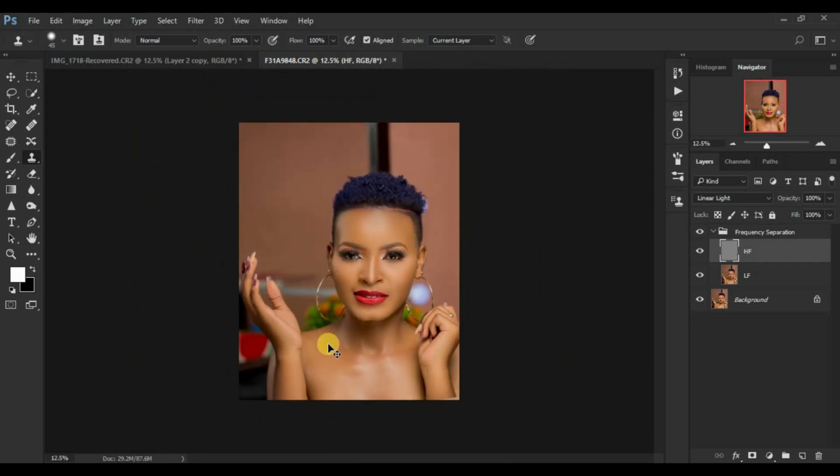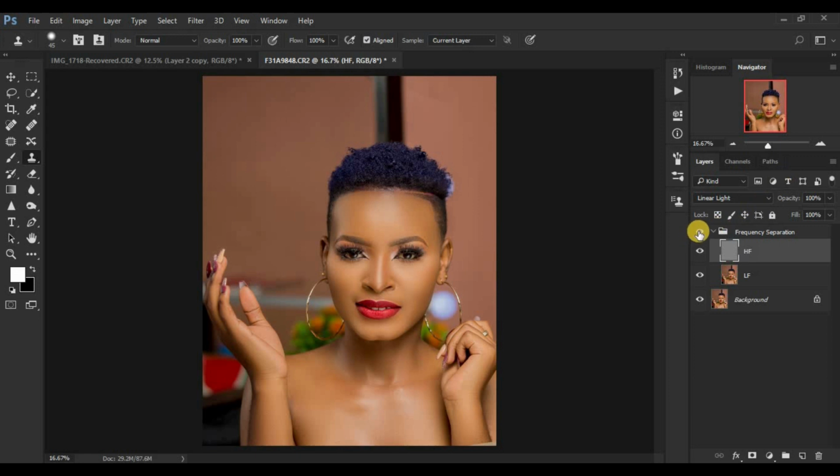So I think this is fine. So let's say before and after so far. So this is the image before, after, before, after, before, after. So we have done a perfect job. And now what we're going to be doing is a little bit of